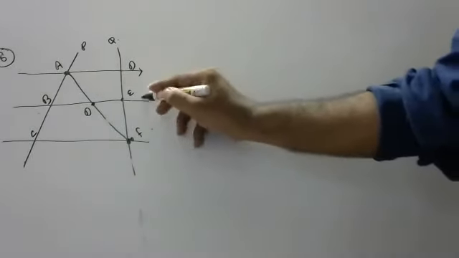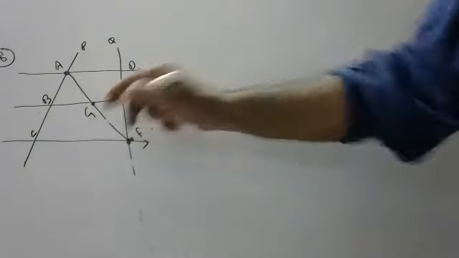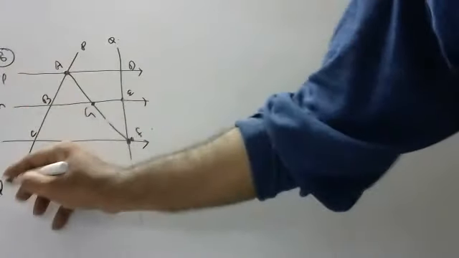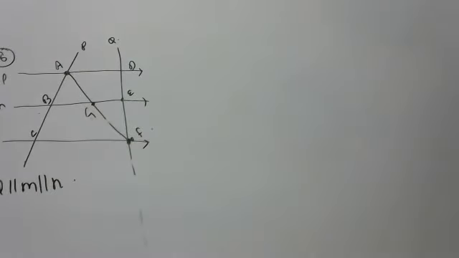Okay, children, so these three are parallel lines. This is G. So, children, L, M, N are parallel lines. L is parallel to M is parallel to N. They have given: L, M, N are parallel lines, and transversal PQ is such that L, M, N cut off equal intercepts AB and BC on P. Show that L, M, N cut off equal intercepts DE and EF on Q also.